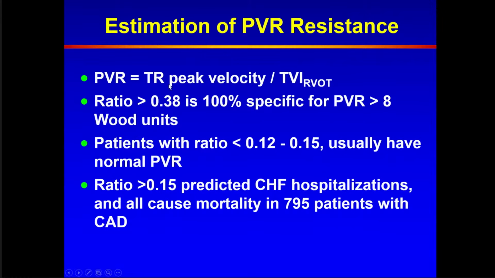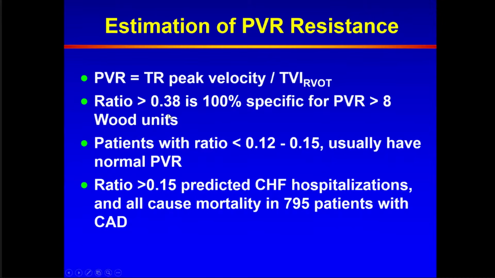Quickly, I will tell you, this is at best PA systolic pressure, and we just said the pulmonary vascular resistance needs a measurement of mean PA pressure as well as wedge pressure or left atrial pressure ideally, and even the peak TR velocity is not the same as PA systolic. Likewise, the time velocity integral is not equal to flow. You need to account for the diameter of the RV outflow tract. So you can see that it's a gross